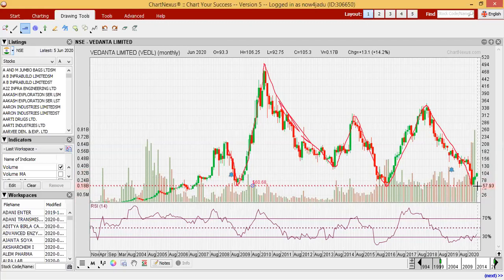So those who entered this stock, those who know there is an all-time support, a good support which is valid for the last 12 years, can enter this type of stock at the exact bottom. And you see, with a very little stop loss, suppose you put a stop loss at 55 on a weekly closing basis, it's only 5 to 6% stop loss. And those who entered here are now enjoying the price of 105. That means it's almost more than 40%. Those who entered at 65 have a 45 rupees profit, that means more than a 75% return within a 3 month time frame.